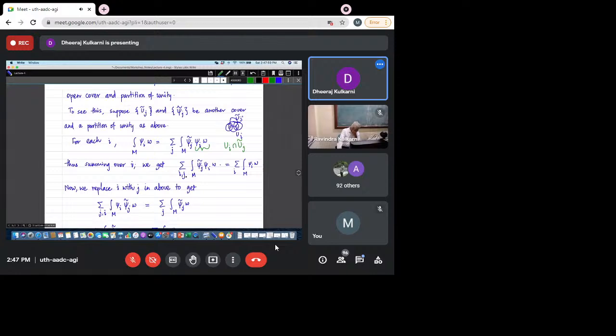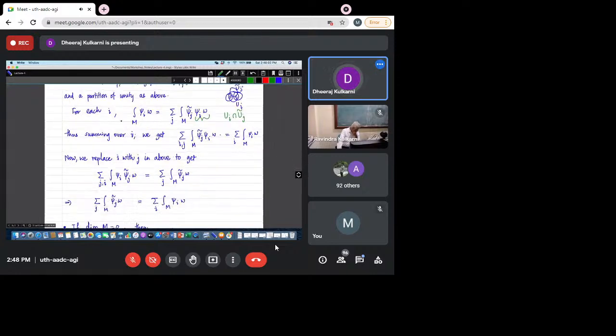Now you can do the same thing by replacing i with j. So you fix j, that means you are looking at a fixed U_j tilde and cover it using U_i's, and do the same trick. You will see that the integration